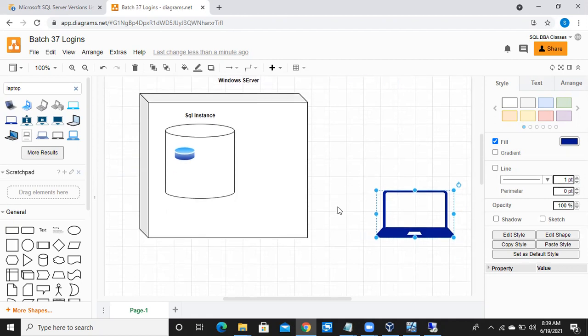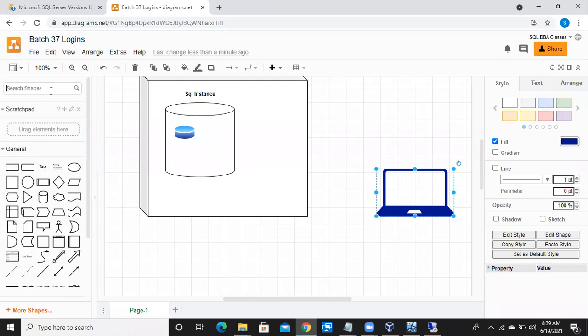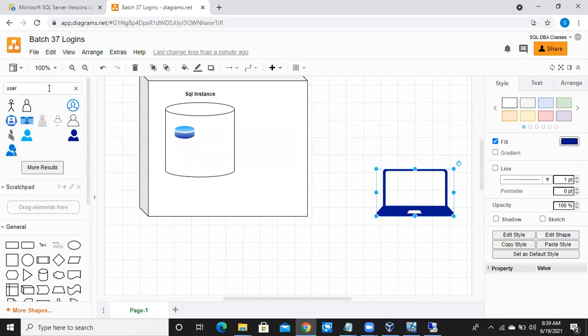What will you do? Tell me what you are going to do. If you are in the office, yes, if you want a remote connection. Remote connection, right? Very good.